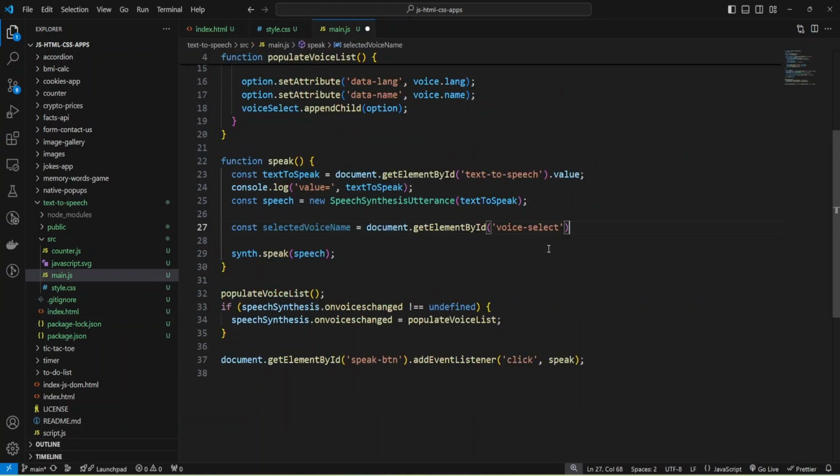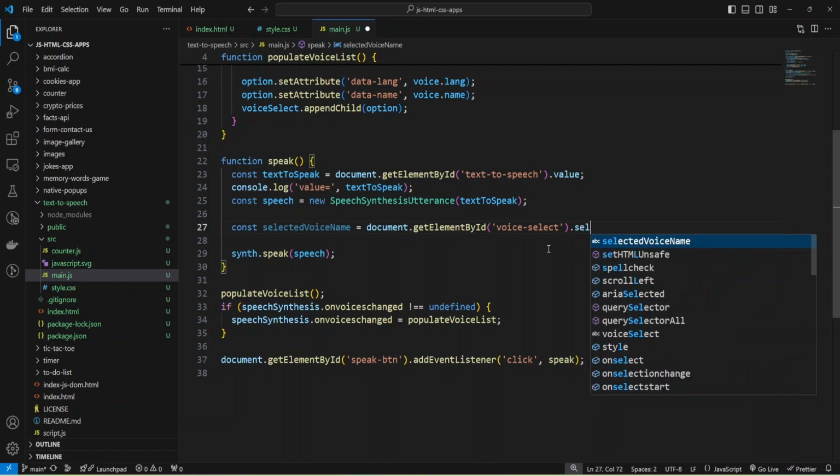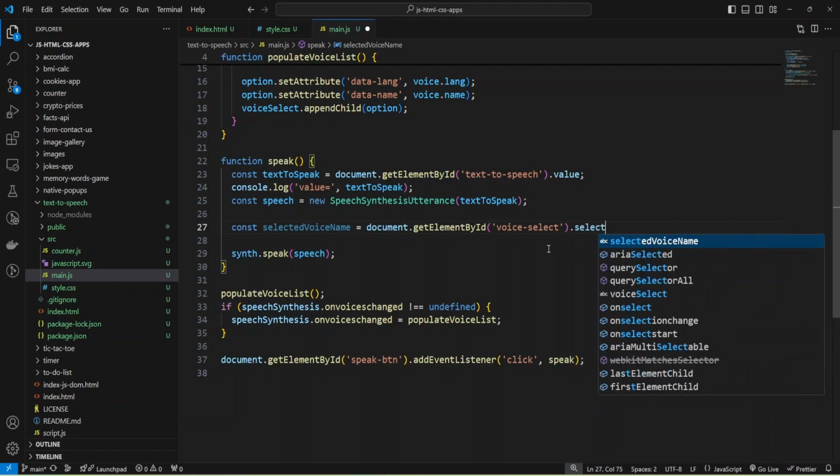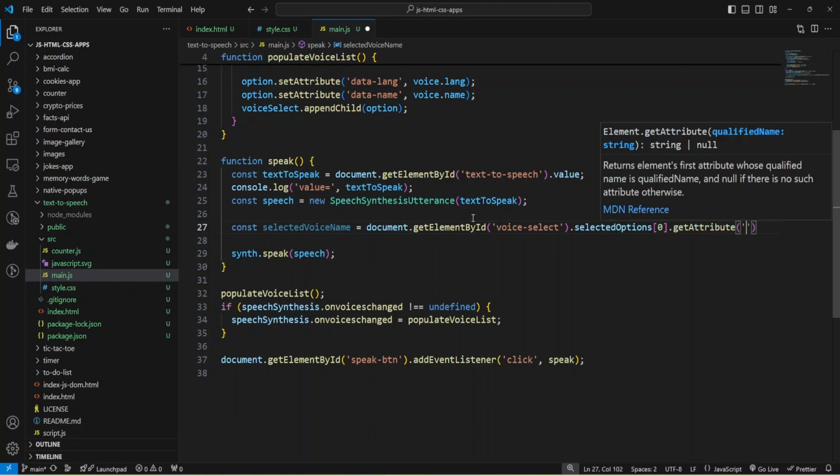And to retrieve the selected option, I'm going to use selectedOptions, and get the first, and getAttribute, and provide data-name.